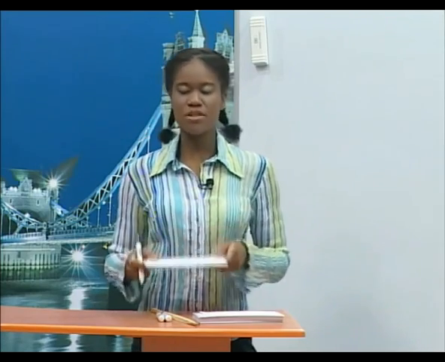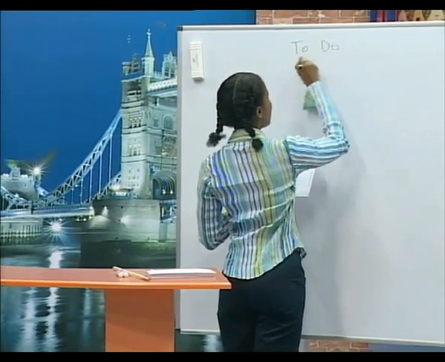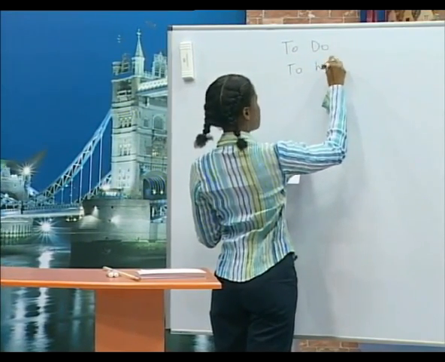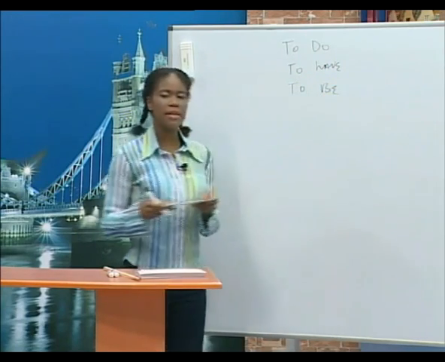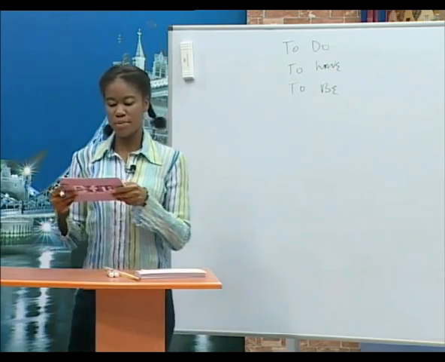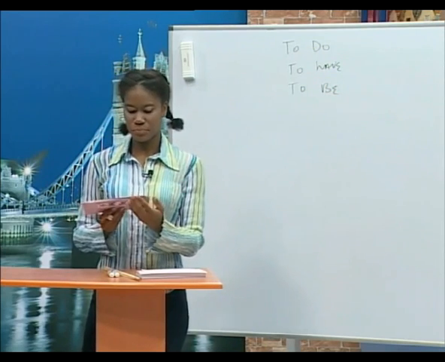Now, tag questions are short questions that we usually put at the end of a sentence. There's always a comma before a tag question and a question mark after it. Now, we usually use a present form of the verbs to do, to have, or to be for the present simple. The verb in the tag question depends on the verb in the main part of the sentence. Let's look at some more examples.